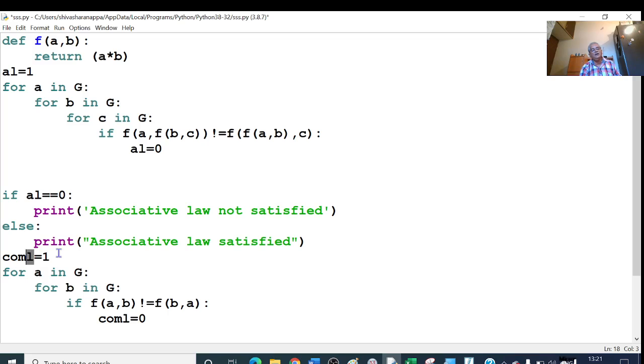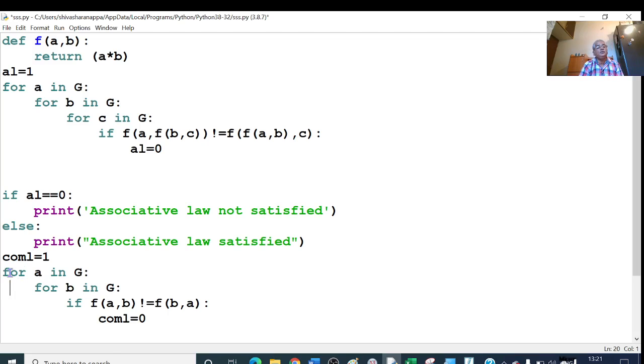For the commutative law, what do we have to verify? AB equal to BA, that is, f of AB equal to f of BA. If f of AB equal to f of BA, the commutative law is satisfied. If f of AB is not equal to f of BA, the commutative law is not satisfied.